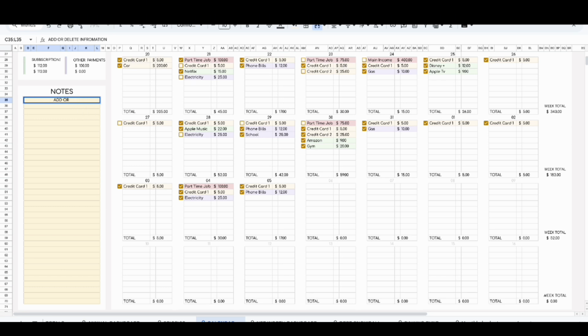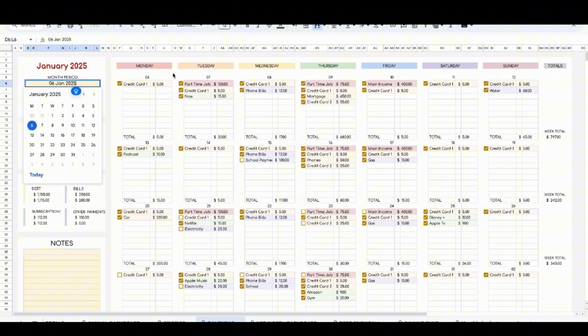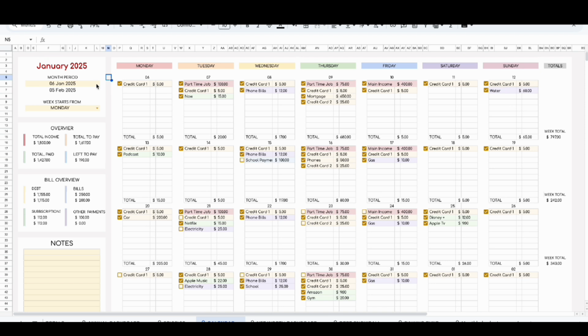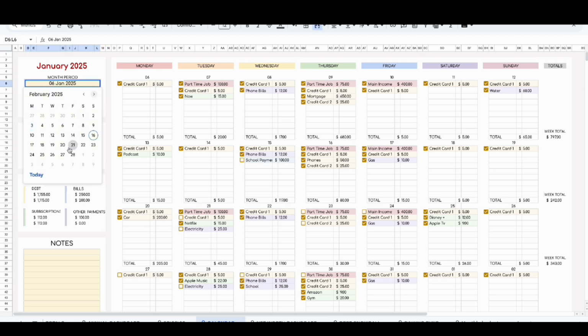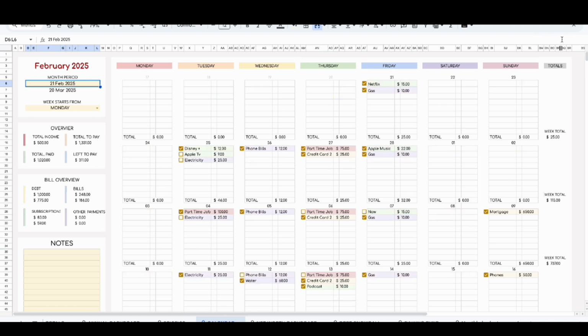If you change the month, the checkboxes will remain checked in the same spots, so before you switch months, make sure to uncheck them. Also, please be patient when changing the month or the day of the week from which the week starts. In the top right corner,